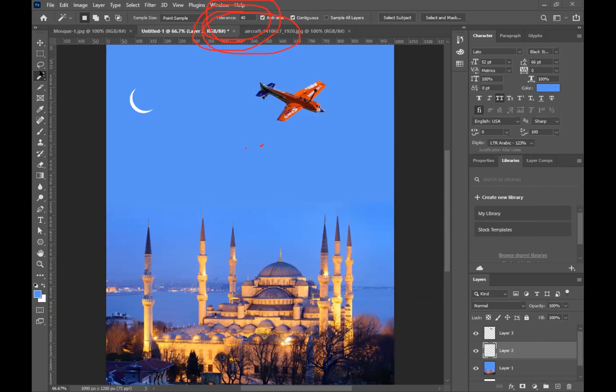So this is what I was saying. When you use the magic wand, automatically you will get this area. This is called the property bar, wherein every tool has sub options. Those options are shown in this area. So when you select a magic wand, this area shows the tolerance here. Based on your requirement, you can increase or decrease the tolerance.